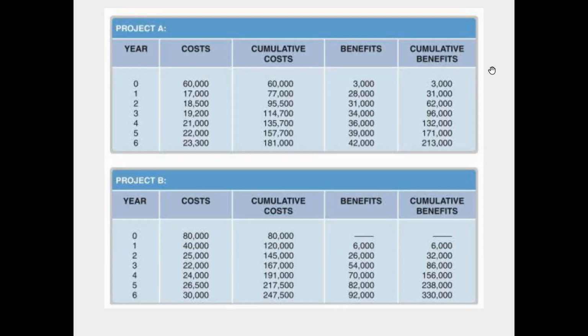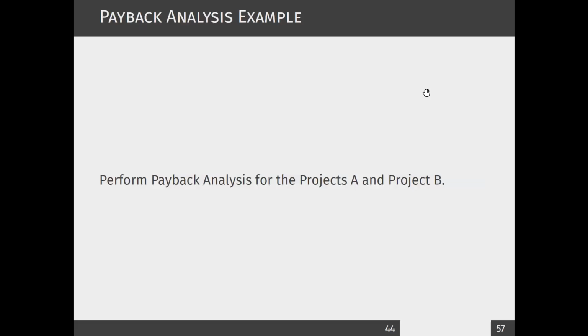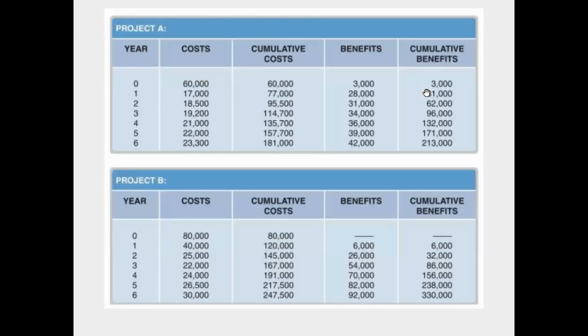So what you should do now is a small exercise I want you to do using Excel. You have been given all the cost and benefits. Use Excel to perform this. Type all the cost and benefits for each of these projects, project A and project B. You can draw the line for costs. You have to draw the line for benefits. When the two lines meet, you know that's the payback period, right? So something similar to this,